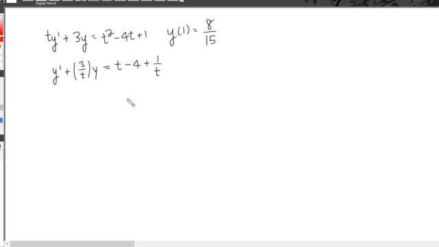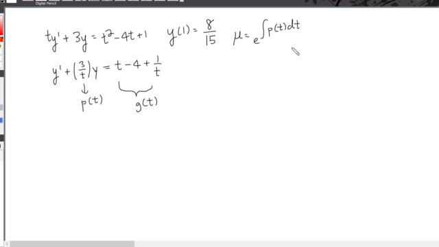Okay, and recall that this would be g of t, this would be p of t, and if we want to find the integrating factor, that would just be e to the power of the integral of p of t times dt,